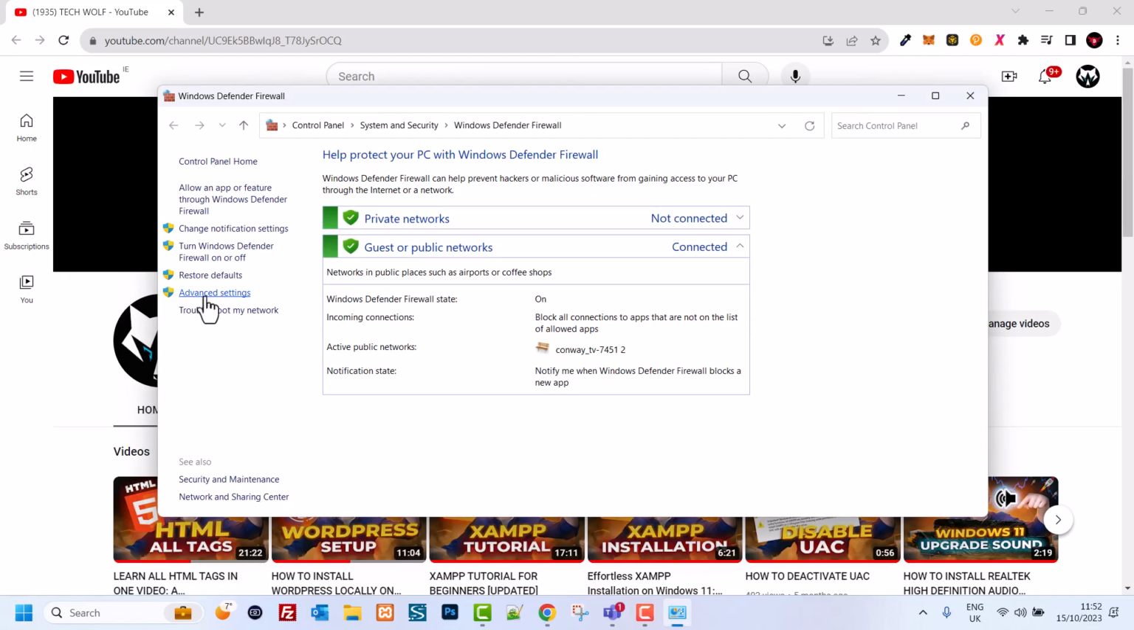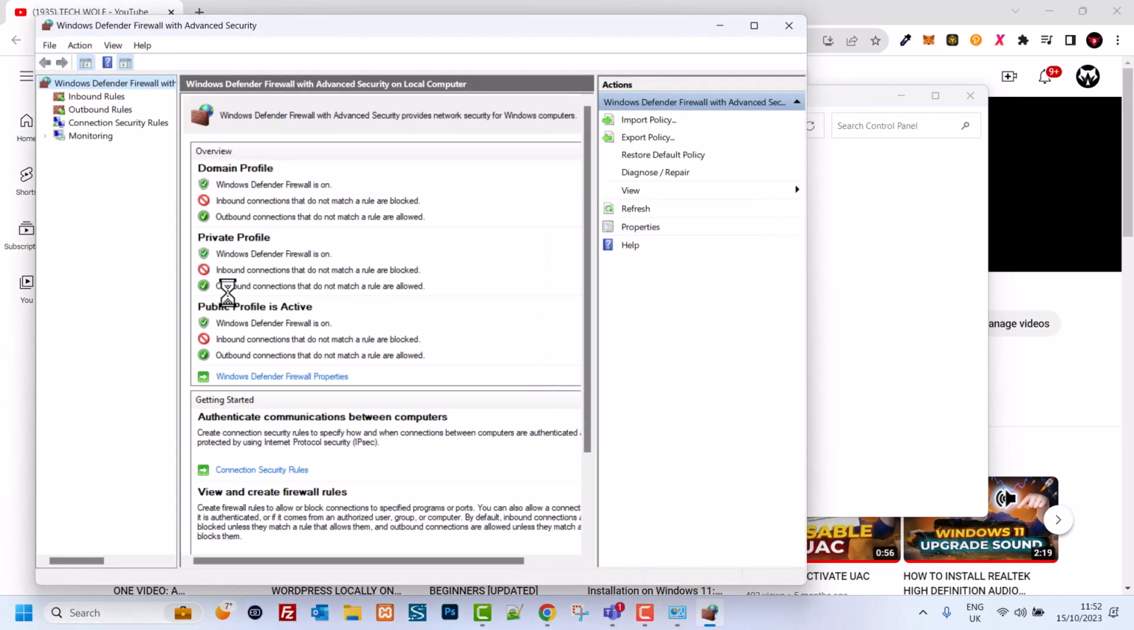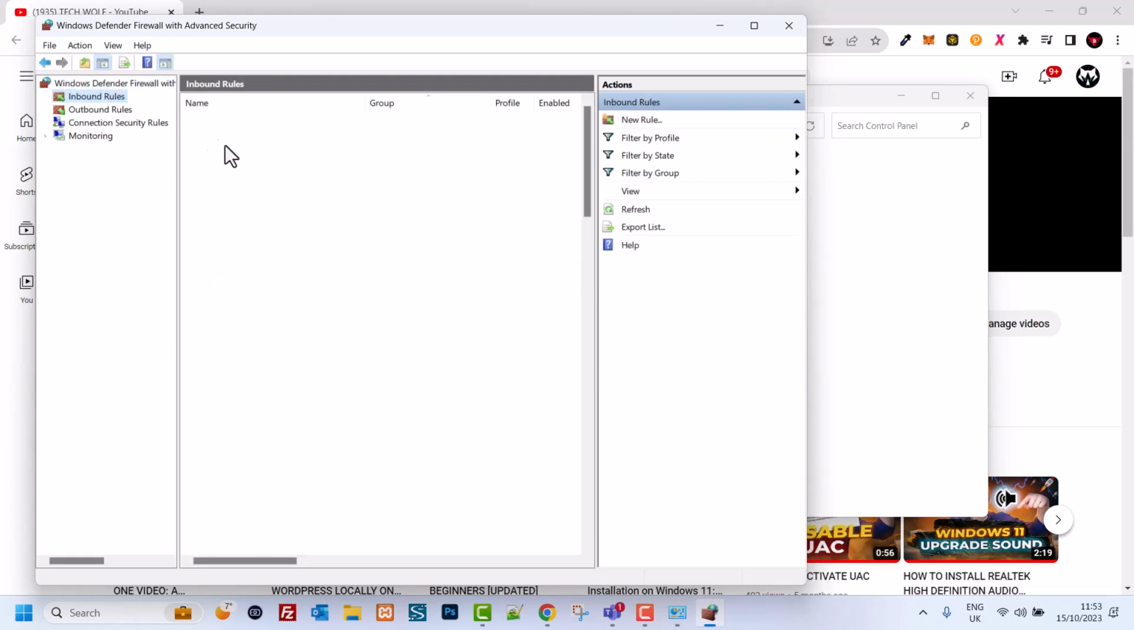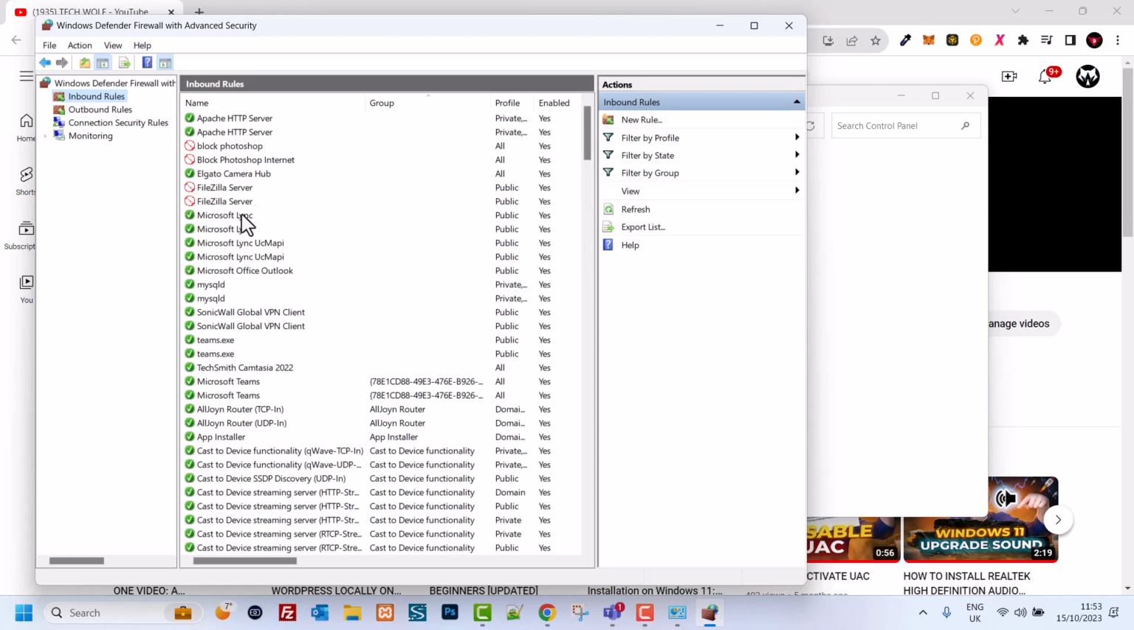Here on the left hand side you will see advanced settings. Just click on these advanced settings. And again on the left hand side you will see inbound rules. Just click on inbound rules, and here you will see all inbound rules which you already have on your computer, guys. But what we need to do here on the right hand side is create a new rule